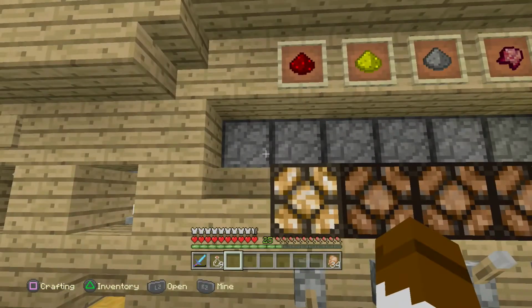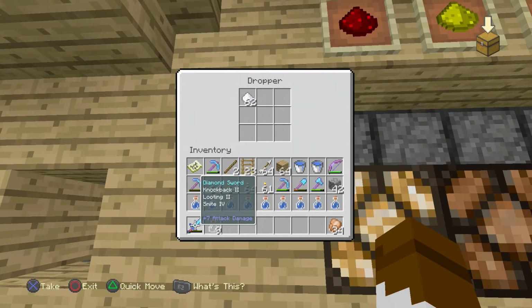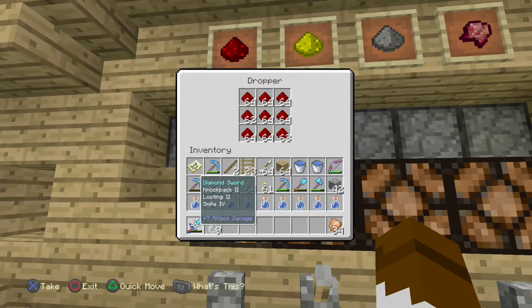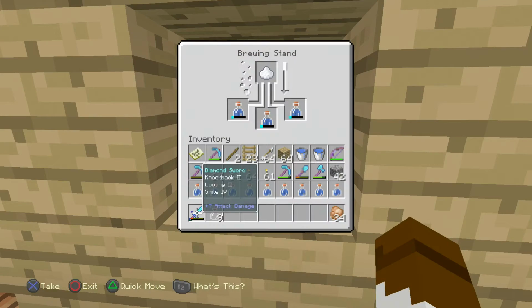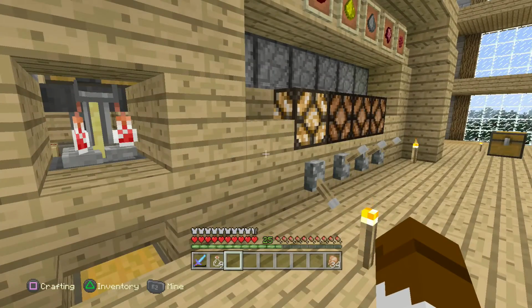out of ingredients. If there's no more sugar left after that's all been used up, it would make the awkward potion, and then the next thing that comes in would be the redstone, which I'm pretty sure should stop it. So it would actually stop brewing. You'd have a redstone sitting there and awkward potions down here, and it won't make any more until you reset